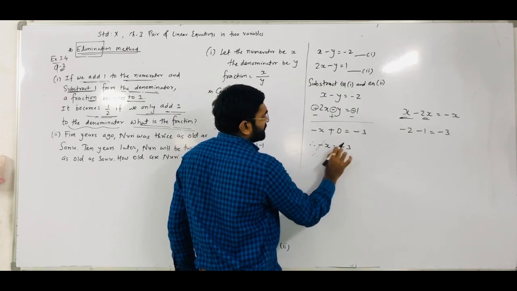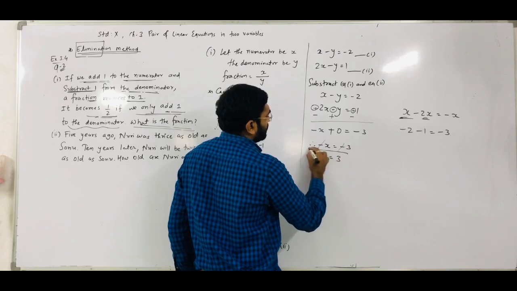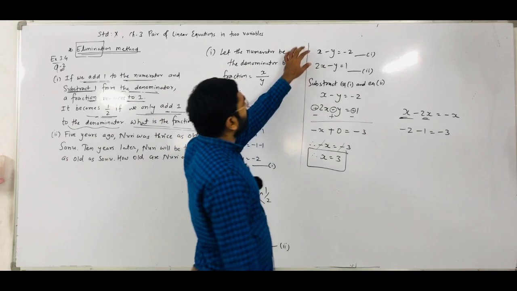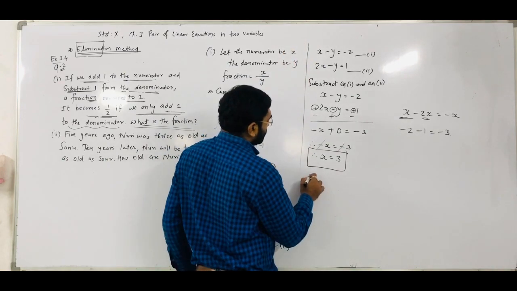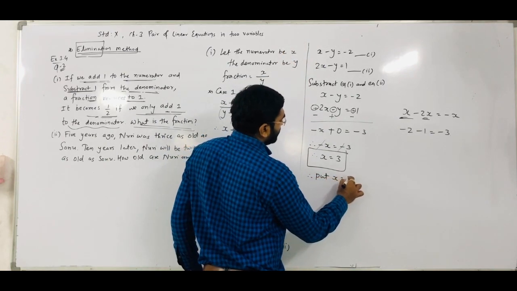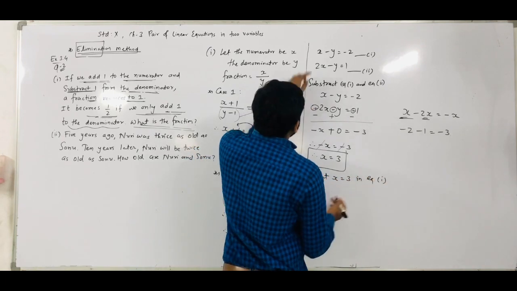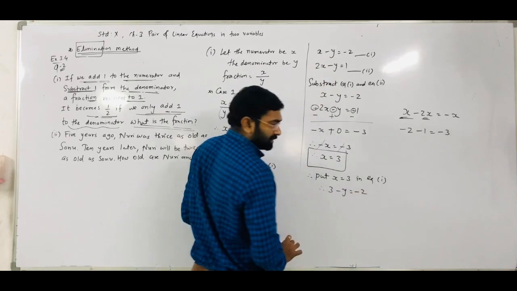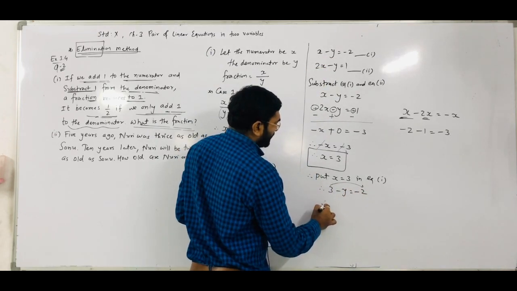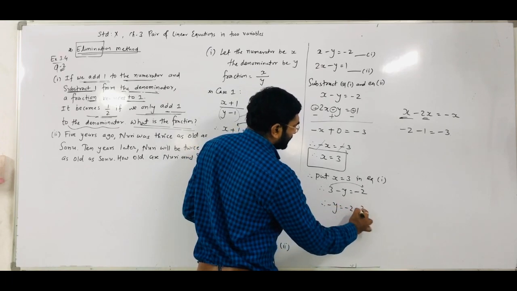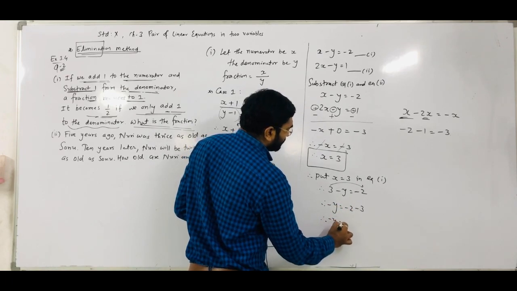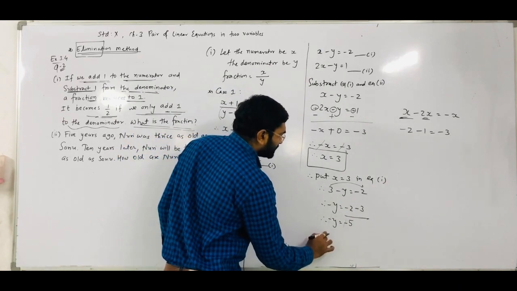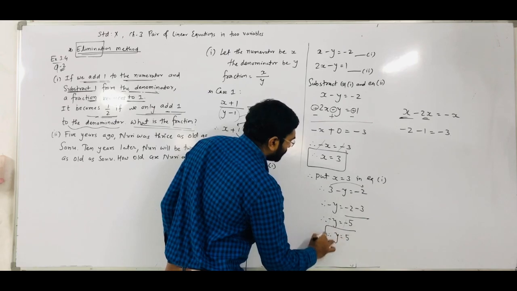So the minus sign is cancelled out from both sides, and we get x is equal to 3. Right? Now for finding y, we have to put that x value in any one of the equations. Suppose I put it in equation number 1. Put x is equal to 3 in equation number 1, then 3 minus y is equal to minus 2. Now plus 3 goes to the right hand side, so it becomes minus 3. Right? So minus y is equal to minus 5. The minus sign is cancelled out from both sides, so we get y is equal to 5.